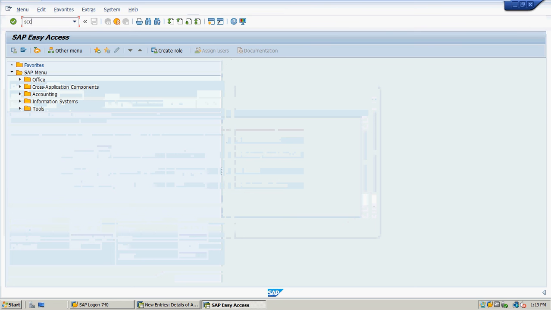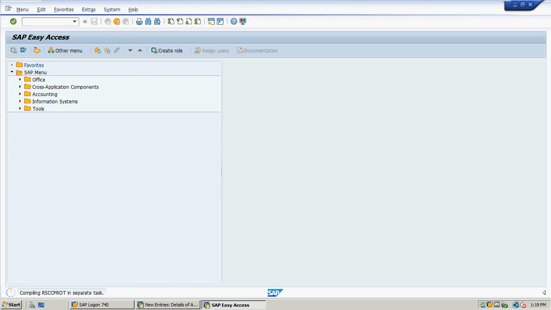And how to check the logs is go for SCC3. You will see the list of client copies whatever we have kept. So select whatever you want to check and you can check there.